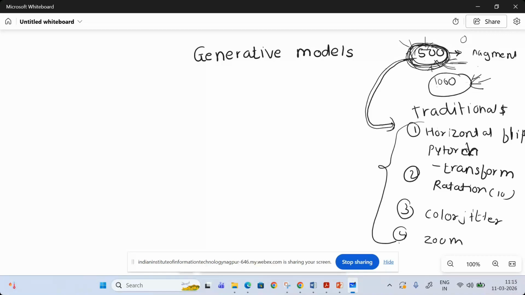If it is a zero numbered image, I need to generate some zero number image, but that image should not be from this data. So I need to generate new images. For that purpose, we are making use of generative models. The main purpose of a generative model is to generate images. So how can you evaluate the performance of these models now?